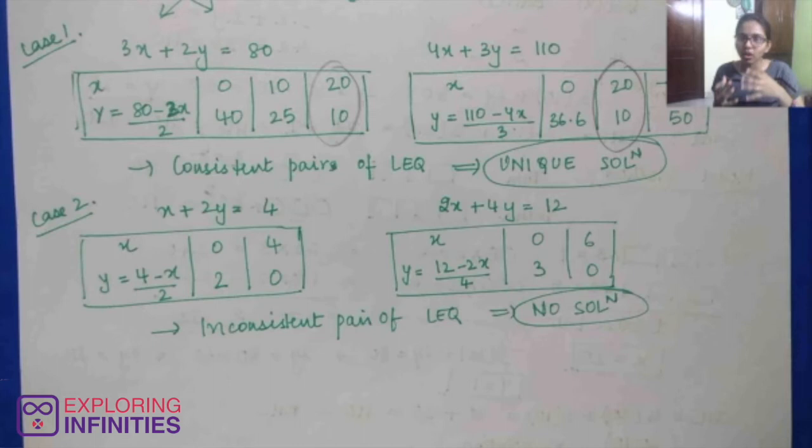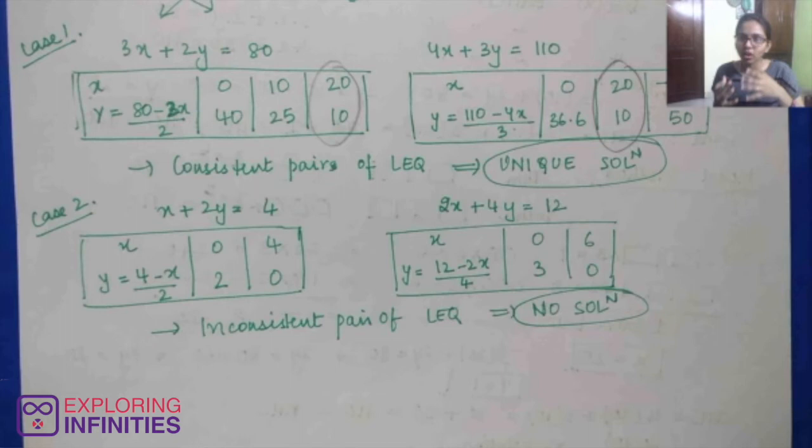Now again I want you to plot these two graphs in your graph papers. When you plot them, you'll get somewhat like this. Actually, they both are lying over each other. When I select my red color, that is 2x plus 3y is equal to 9, I have this graph. And if I go to my second equation, that is 4x plus 6y is equal to 18, it's right above my red graph. So this lies in the third case that I was talking about, that is, they're coinciding with each other.